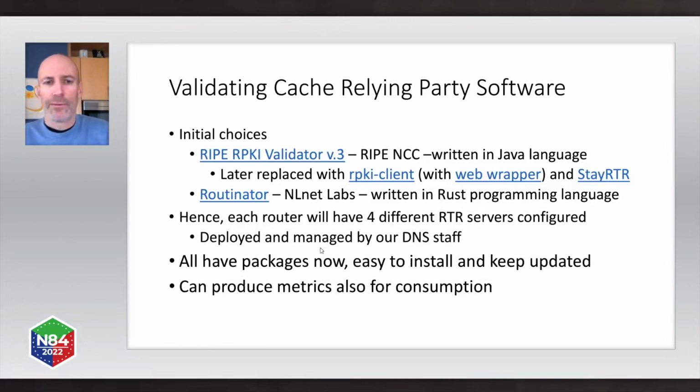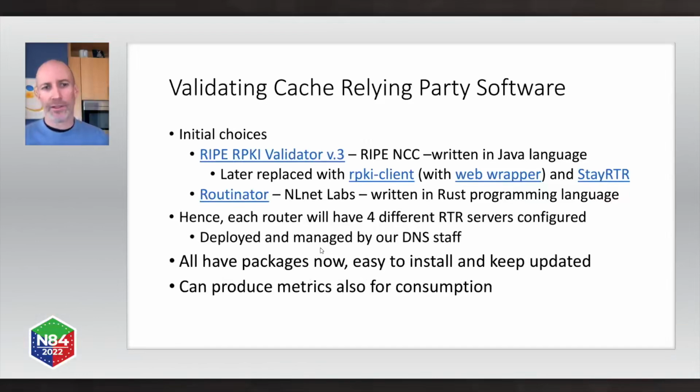So our initial choices for the software itself were the RIPE RPKI validator version 3, which was written by RIPE NCC in Java. During the time that we were deploying, I guess it was mid-2020, 2021, RIPE declared they were going to stop developing it and not keep patching software problems or anything like that. So we ended up switching over to a different package called RPKI client that has a web wrapper, and then another sort of separate component for the RTR servers